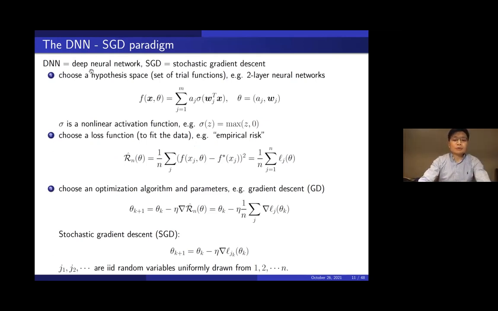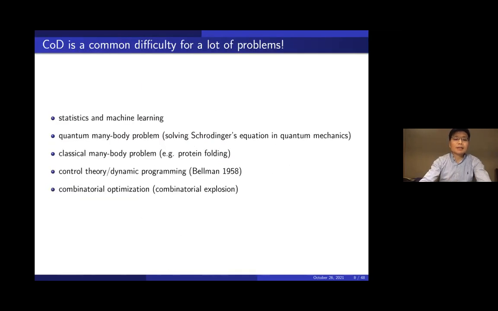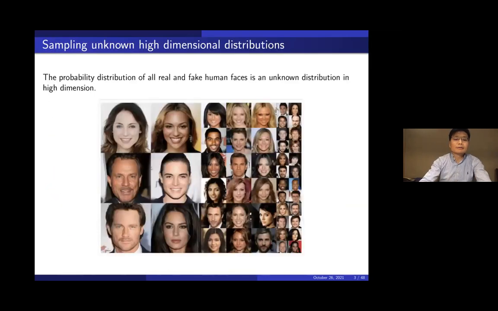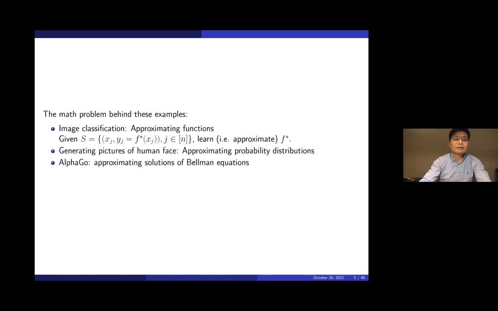So here we're given some data. This is the problem here. We try to use this data to approximate the underlying target function. So we're given the values of a target function at a finite set of points, and we try to use that information to approximate the underlying function f star. So that's what I want to do.